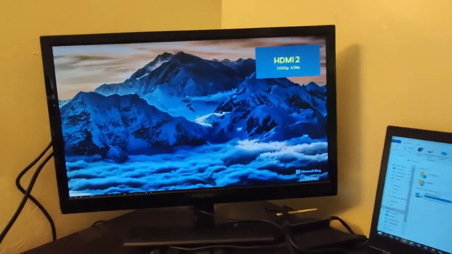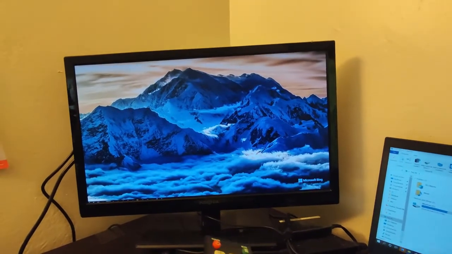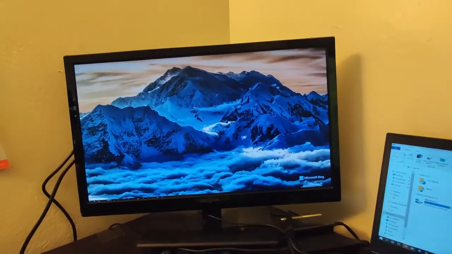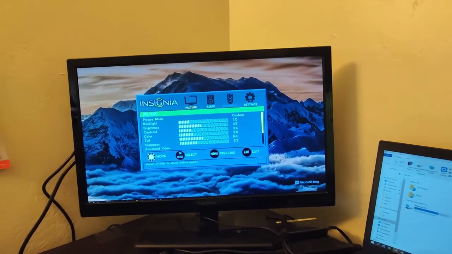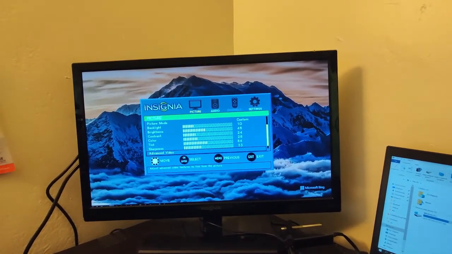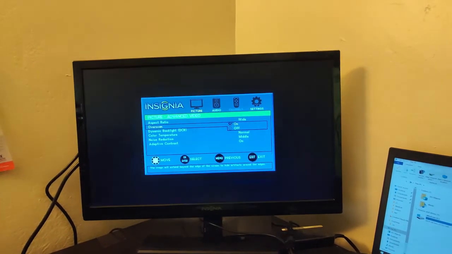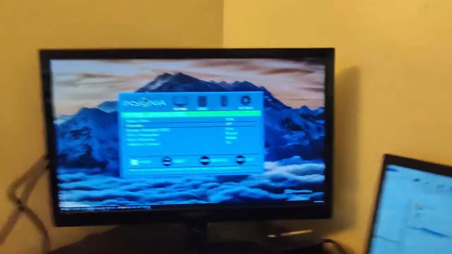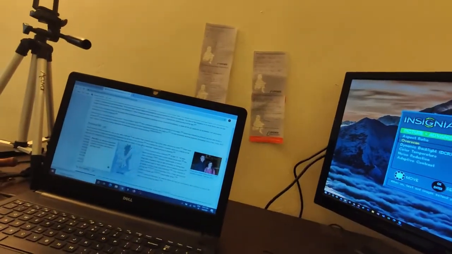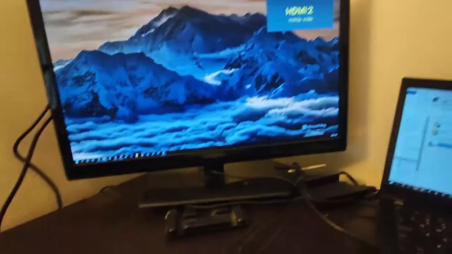You have to just use your remote or the buttons. I couldn't do that, but using the remote, go to the settings of your TV, go to the advanced video settings, and make sure you have turned off the overscan. I'm turning it off, and you see I get my edges back. So I have listed down the settings in descriptions as well. You can check it out there and use your TV gladly as your extended desktop.